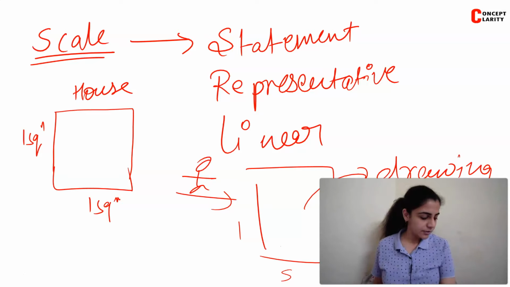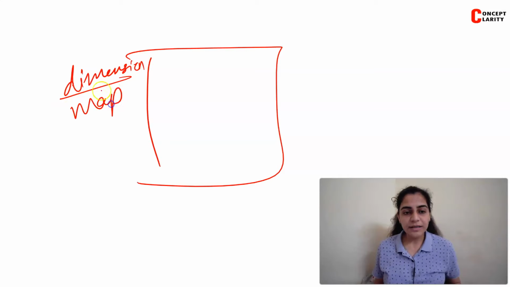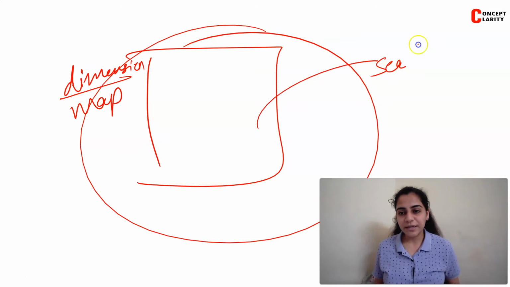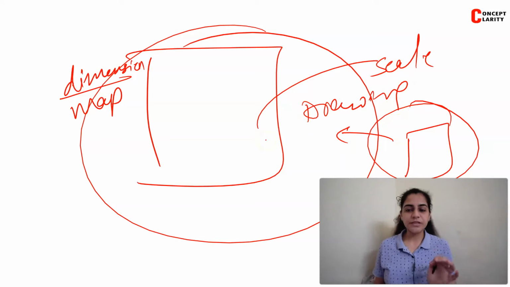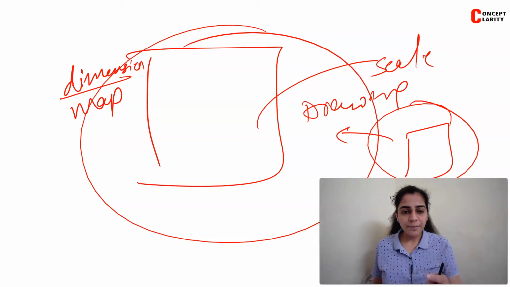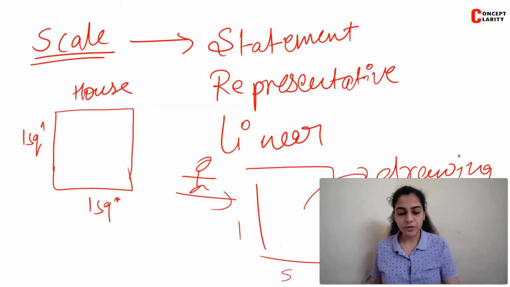Okay, so a very important thing is that whatever drawing we have, if that drawing has some dimensions or measurements, then we can say yes, that is a map. But if I give something without any dimensions, it is equivalent to a drawing of a 5th standard student. That's why scale is very important, because scale gives importance and meaning to your map, or rather to your drawing. Else that drawing is regarded as a simple drawing which can't convey any meaning or message to us.